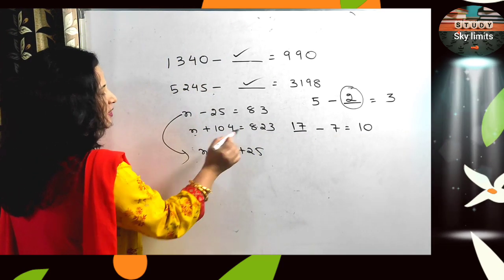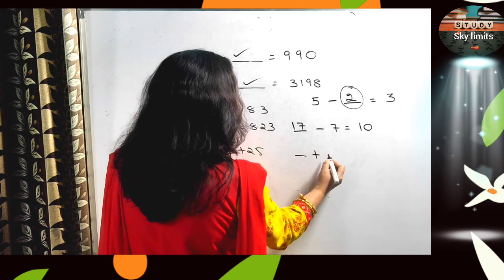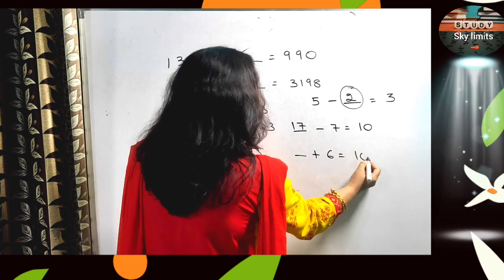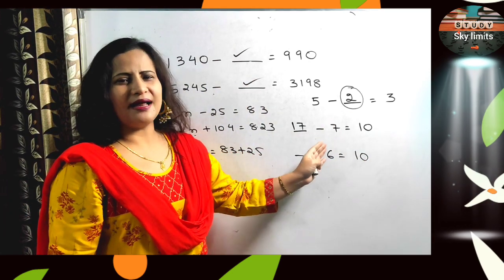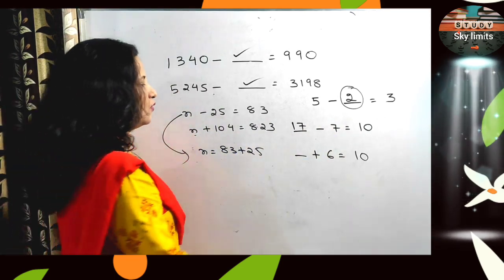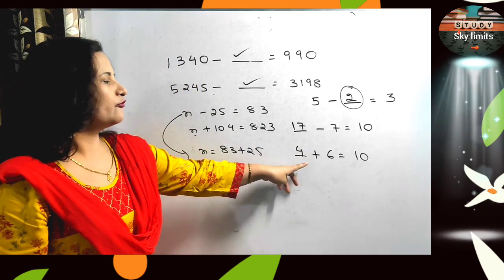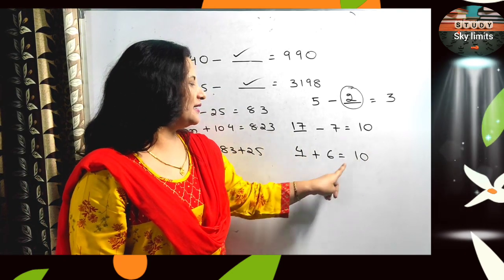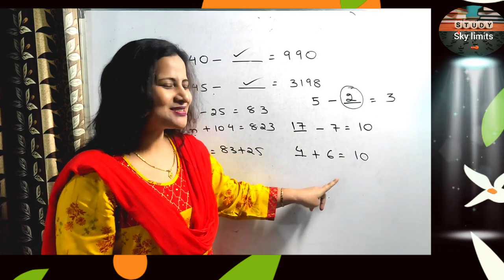So likewise, now the second question, let us see. N plus 104 is 823. So let us write one more question for this. N you have to find, so dash plus 6 is equal to 10. Obviously, when you are adding something, you get an answer bigger than that. Yes or no? So what plus 6 will give us 10? Obviously, you know it is 4 plus 6. So how will you get 4 from 6 and 10? By subtracting 10 minus 6, obviously.